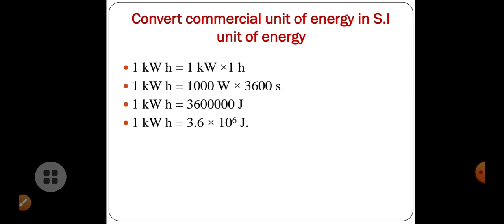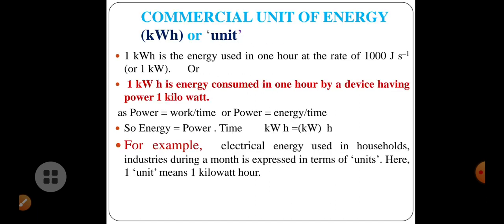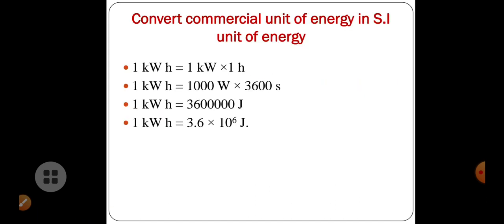Okay, if in any numerical question it says convert 5 kilowatt hour in joule, how will you do it? You will just write 1 kilowatt hour is equal to this much joule. So 5 kilowatt hour is equal to this much multiplied by 5, and you will multiply and get the answer. And also we will use it when we have to calculate the numericals related to the electricity bill. We will discuss some questions at the end of this lecture.